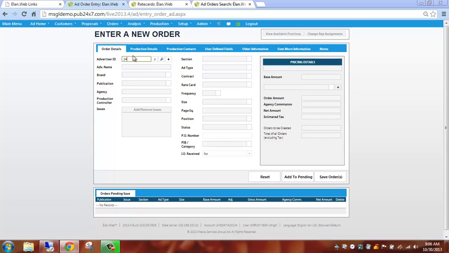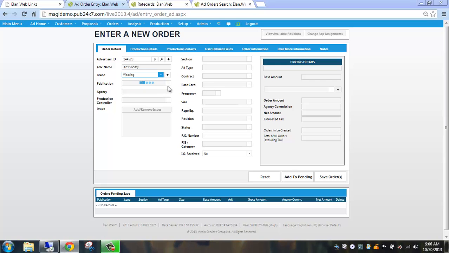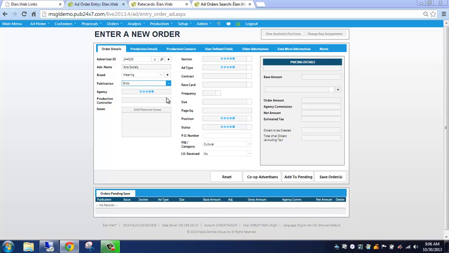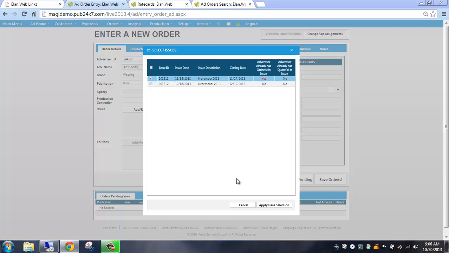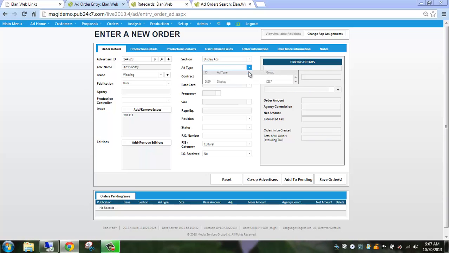Enter the advertiser ID, enter the brand, choose the publication on the contract, choose the issue and click on Apply Issue Selection, choose the section, choose the ad type,